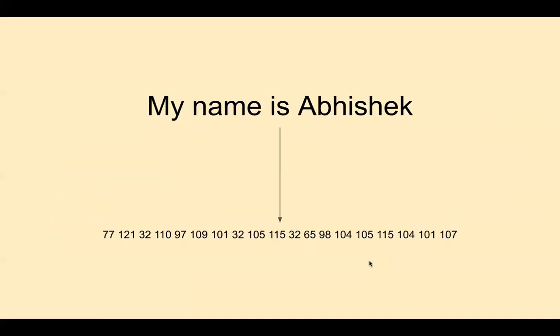So let's suppose I want to write a string, my name is Abhishek. It can be represented as, capital M stands for the number 77. Small y stands for 121. Then the space stands for 32. Then small n stands for 110 and so on. So now everything is converted into numbers and we know that numbers can be converted into binary numbers. So it is very easy for computers to understand. Whenever anything is converted to numbers, it is very easy for computers to understand.